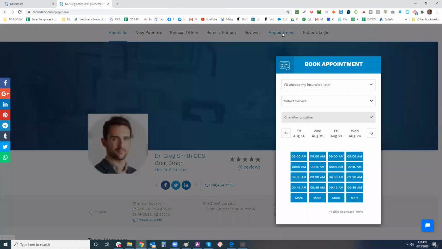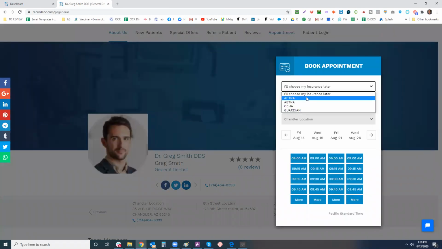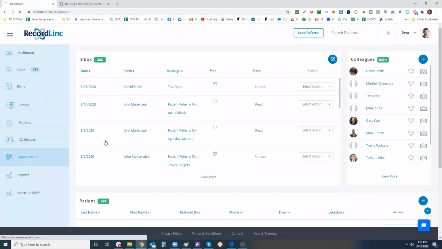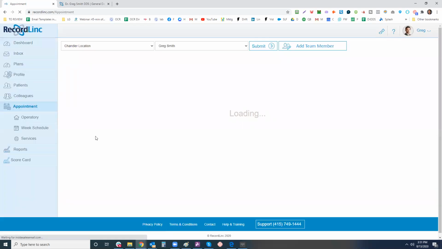You can click on a link and it brings up the insurance. What insurance do you use? What are the procedures? This pulls directly from the back end where you can say, hey, I only want to take new patients on Friday. And then it pulls the data from Dentrix directly from their schedule and displays the available time slots that the practice is open. So I'll show you the back end, but basically you click on that, you book the appointment, and that's it. On the back end, this could all be broken off, and this is all white labelable too.